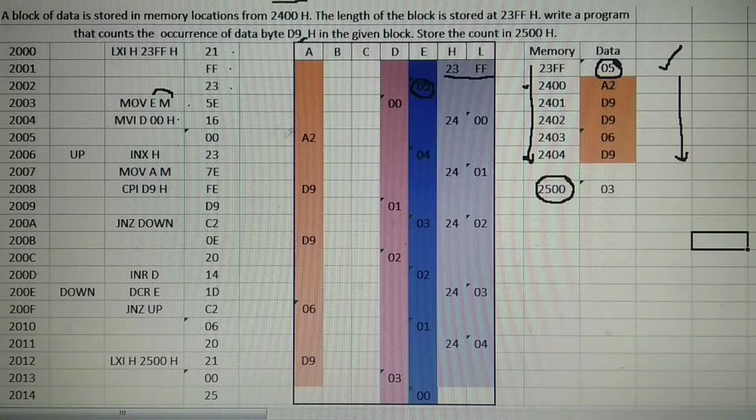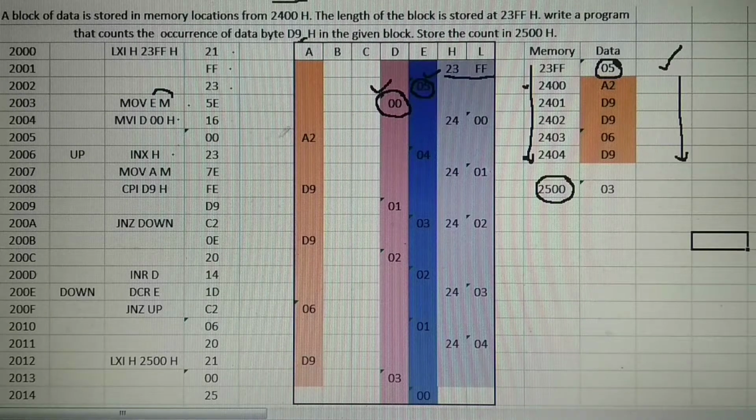Therefore, MVI D, 00. In D, you will get number 00. How many times do you have to go through the memory locations? 5 times. What do you have to count? D9. When D9 occurs, you put one marble in register D, but initially it should be 00.